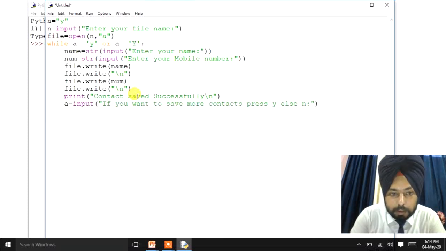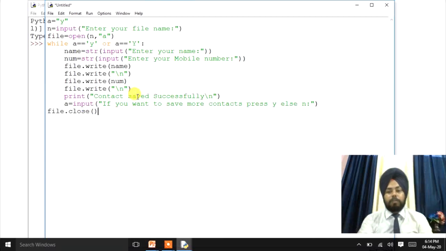Then we'll close the file here. File dot close, and file would be closed.